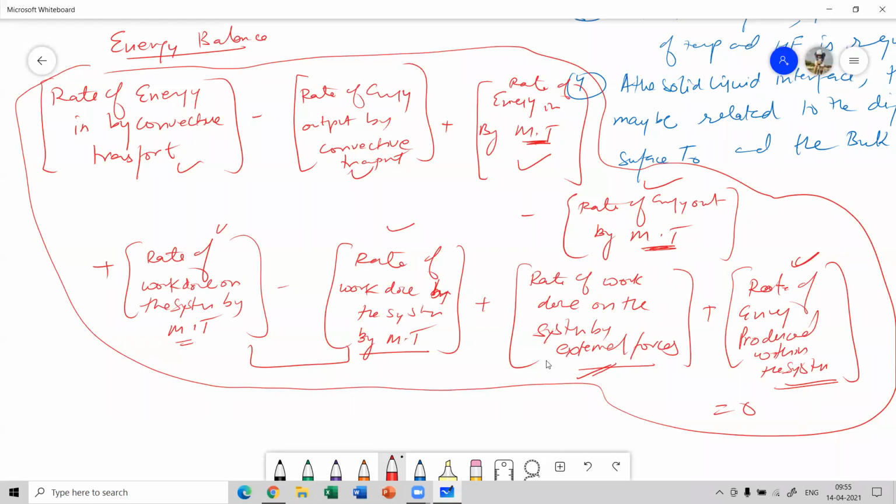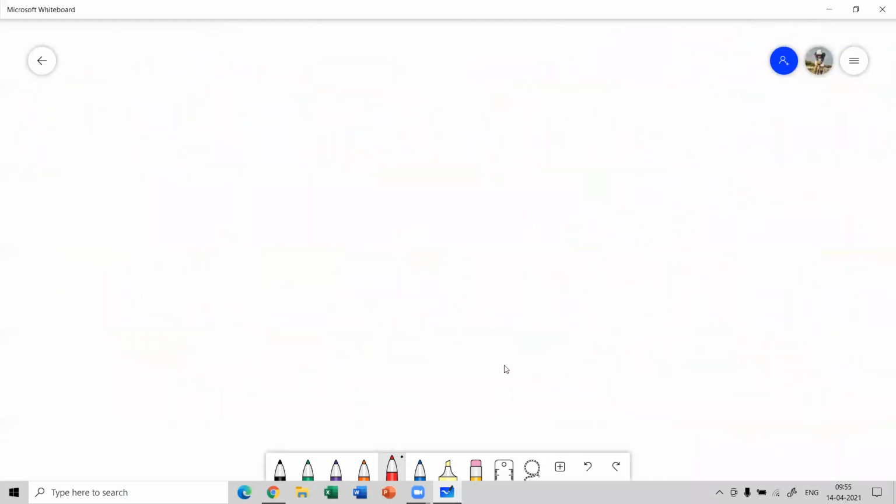So let's start with a very simple case. First, we're gonna start with the conduction part. Then we're slowly gonna add the motion part to the conduction part, and we're gonna study the convective part. So let's start with the first very simple part, that is the conduction part. The first topic in this is your heat conduction through the composite walls.